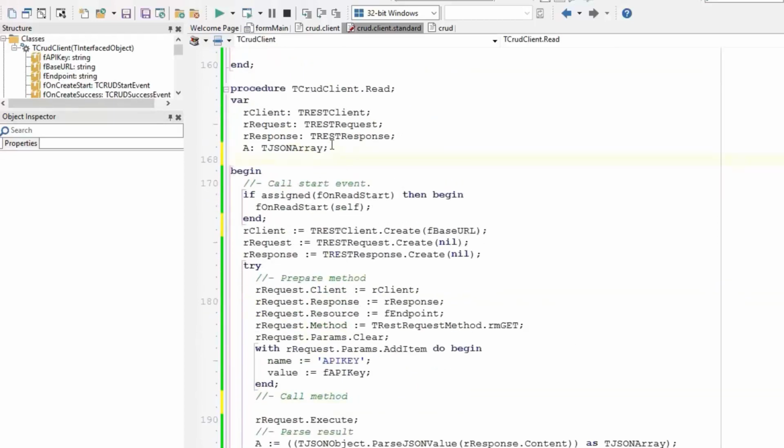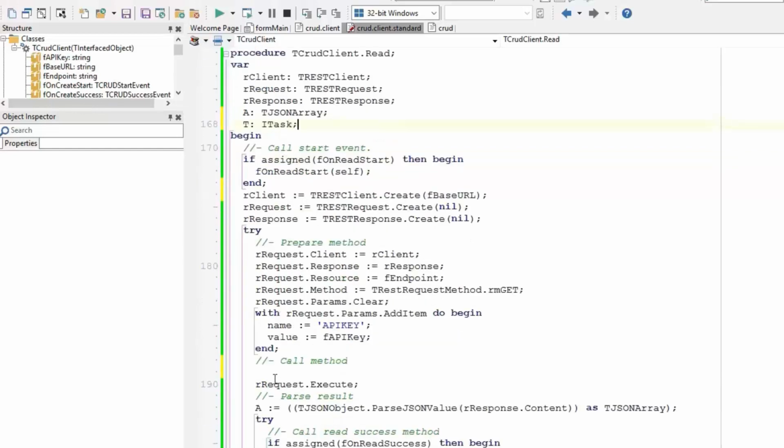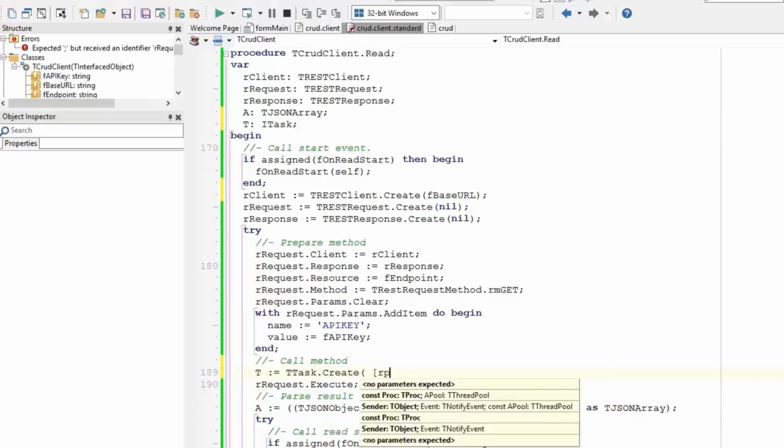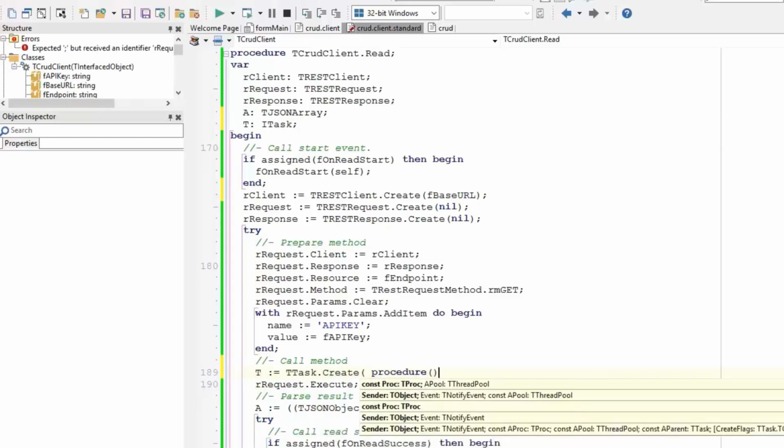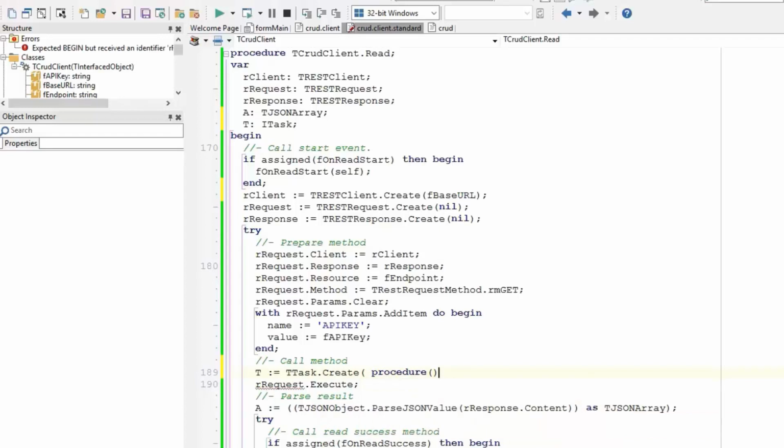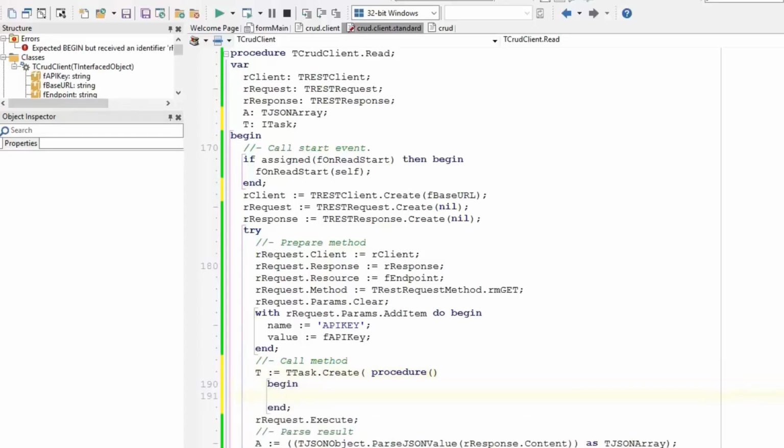So we'll call that t, iTask. Okay, and what we'll do here is t becomes equal to t_task.create, and then we're going to put in an anonymous procedure begin, and we will do